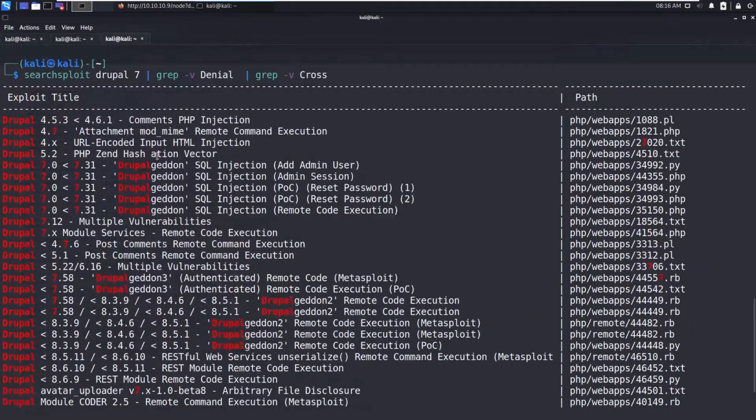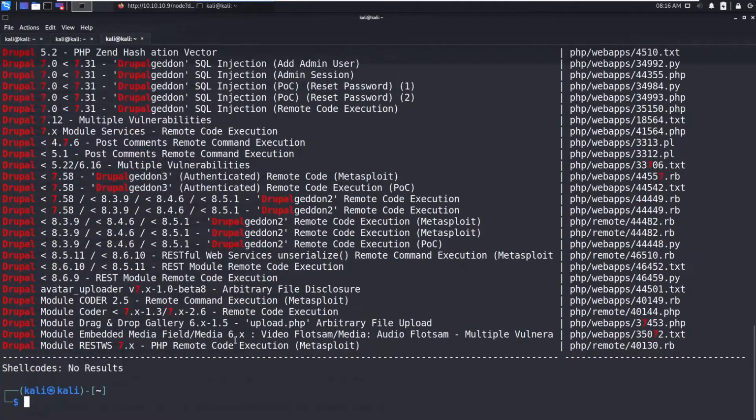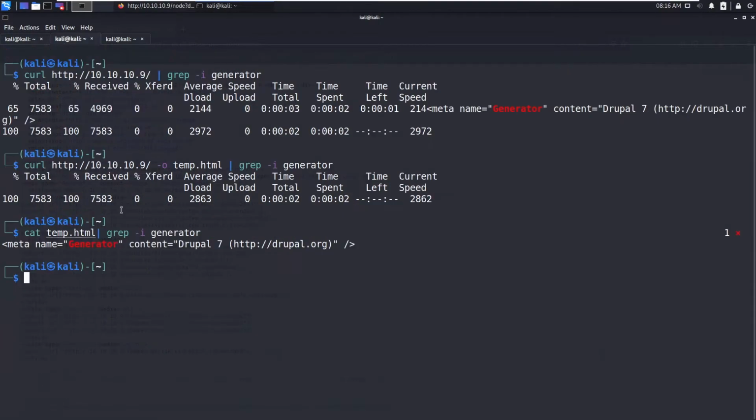So this will reduce a few exploits. So okay, now multiple vulnerabilities, and we have REST module remote code execution and RESTful web services and serialized RCE. So at least we need to find the REST endpoint for this Drupal. We don't know which to use.